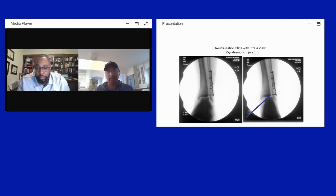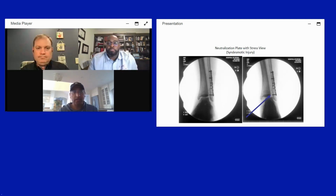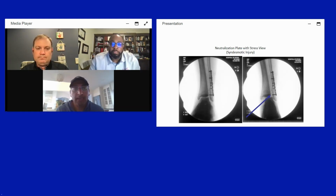Yeah. So I think there's different ways to do it. I tend to do everything I can to determine syndesmotic stability. Obviously, if there's syndesmotic instability with one test, I will buy it. But I'm trying to convince myself before I leave the operating room, is that syndesmosis unstable? And I will do everything I can to make sure that it is stable. So I go through every test. I know some people place an AO elevator into the syndesmosis and use that to stress the syndesmosis and gently apply pressure. So, Michael, how do you